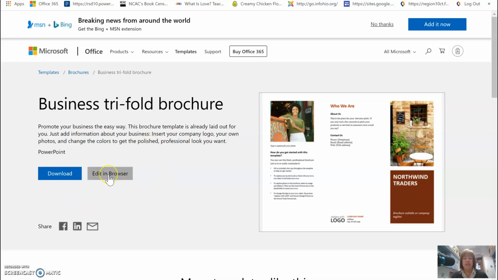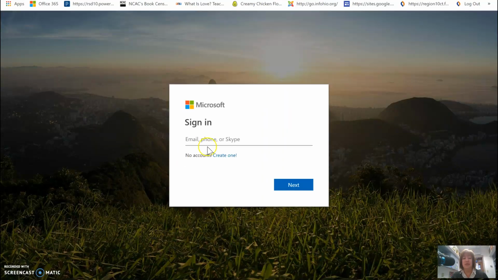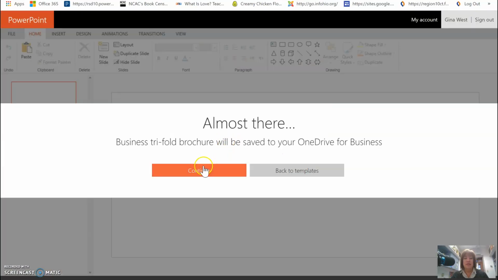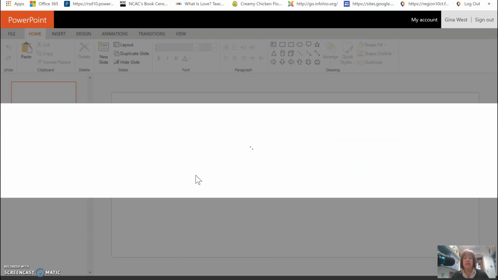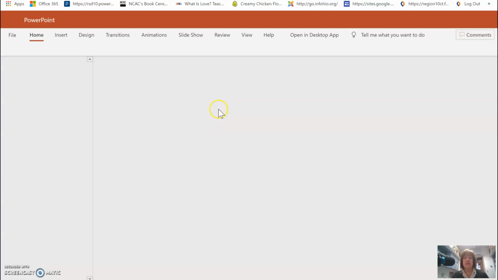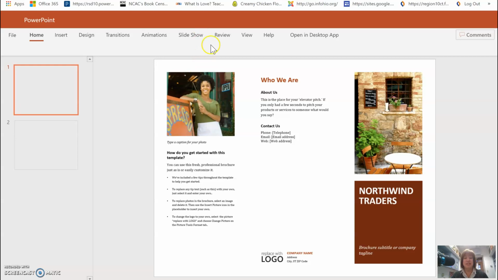I like this one that says Edit in Browser because it will automatically prompt you to save it in your OneDrive. Okay. Thought I was signed in, sorry. Okay, so it'll tell you the business trifold brochure will be saved to your OneDrive for business. Continue. And once it's in there, you're just going to go ahead and rename it so you know what it's